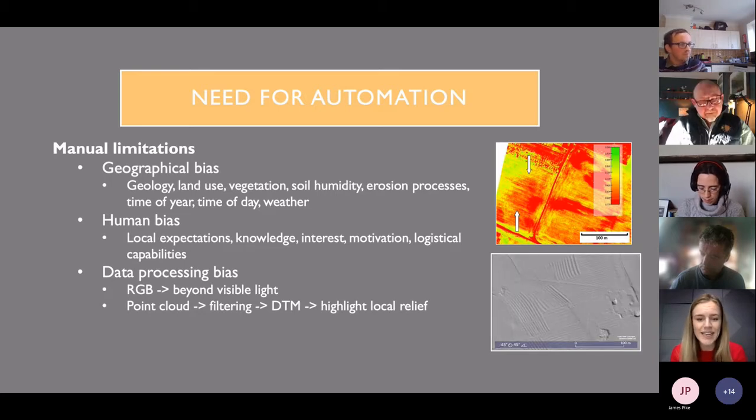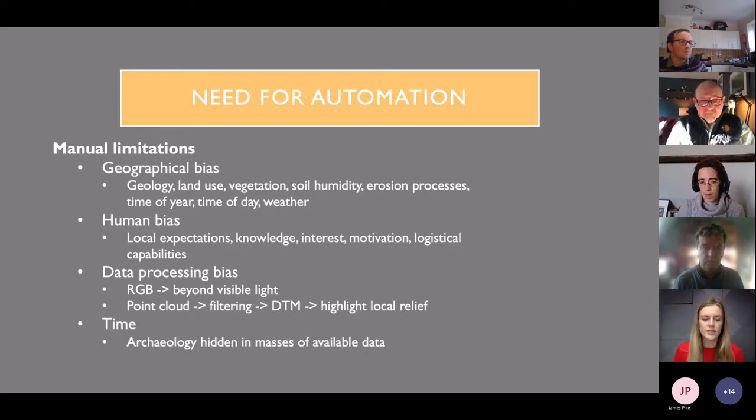So there's a lot more data out there that we know how to process, and every time we process this data, you have to make choices on how you highlight the data, and that was also talked about with regards to the LiDAR. So in this LiDAR example here at the bottom, you can see the ridge and furrow being illuminated with the hill shading from different angles, and you see a completely different picture there. Revealing.